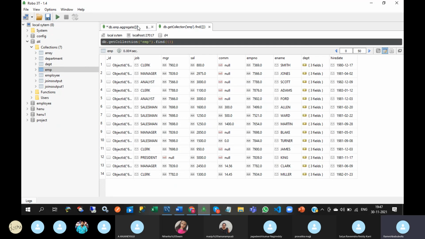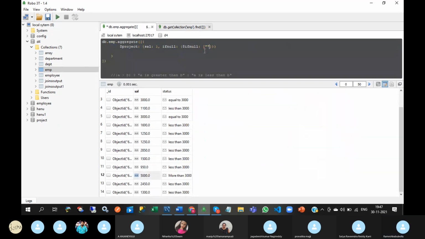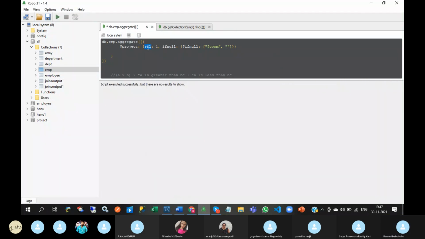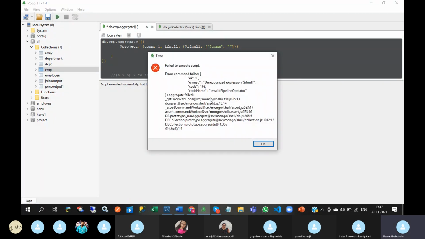So if commission is null, then what to display? Whatever you want, you can display. Commission, unrecognized expression if null.